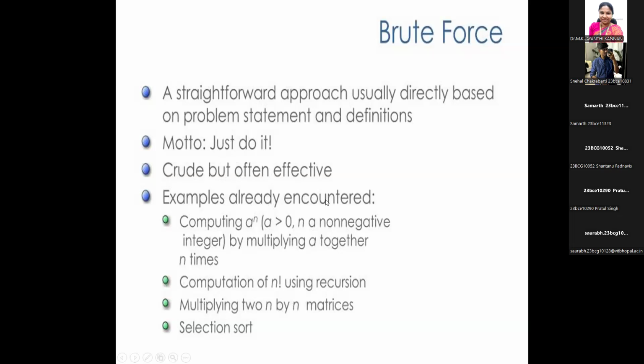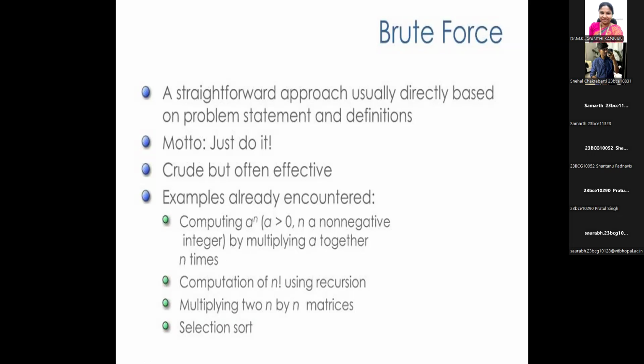Examples are already encountered. Computing a to the power of n, where a is greater than 0, n is a non-negative integer, by multiplying a together n times. So if you want to find the value of a to the power of n with this brute force approach, we multiply a together n times: a into a into a, up to 10 times. Or if you say multiplication of 4 comma 5,